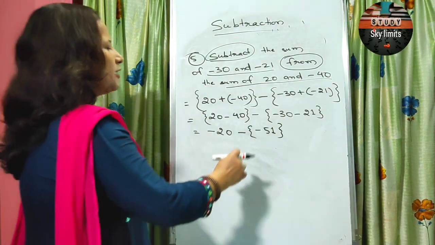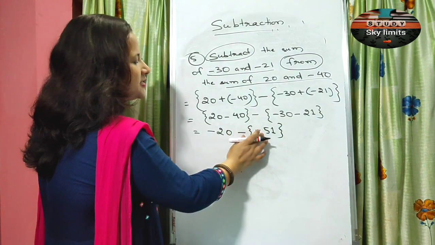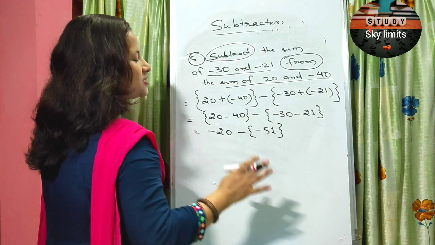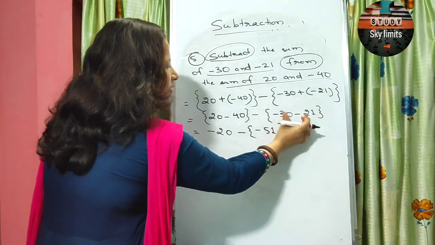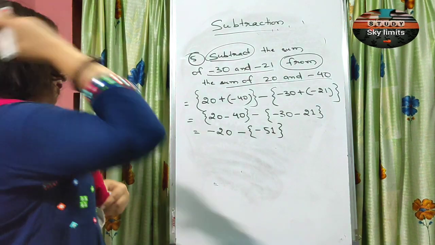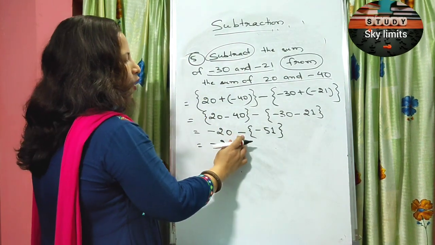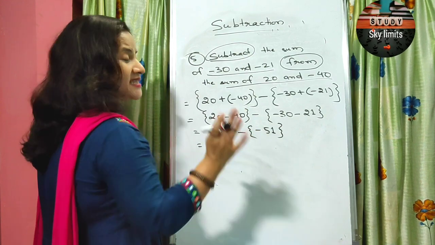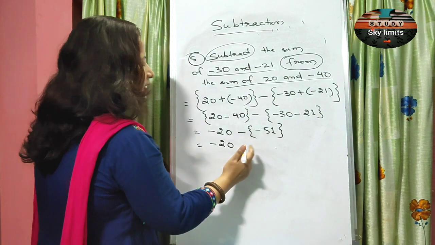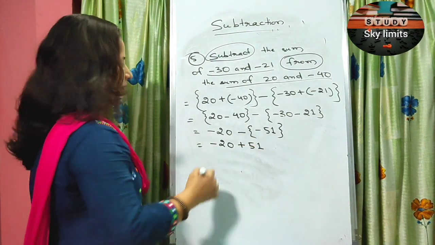In this case, if you open the bracket beforehand, you will forget to multiply these two signs. Remember it. You need to open the brackets very carefully. First solve whatever is inside the bracket and let it be inside the bracket itself. Now the next step, minus 20. Now you open the bracket by following the sign rule of multiplication. Minus multiplied to minus will give you a plus 51.